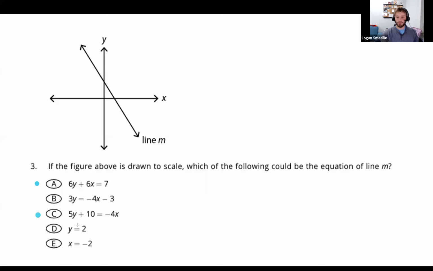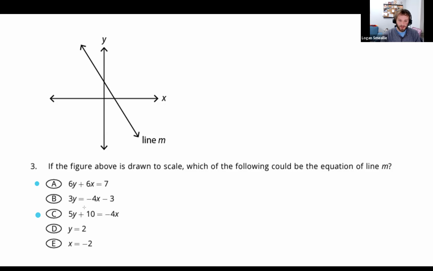So I put these little circles on the ones that have votes so far. Tell me in the chat, are there any that you're very confident it can't be? Any of these 5 that you might eliminate more quickly? A few folks are saying D and E as elimination ones. Ami, you said that. Richa, you said that. And I agree with you.